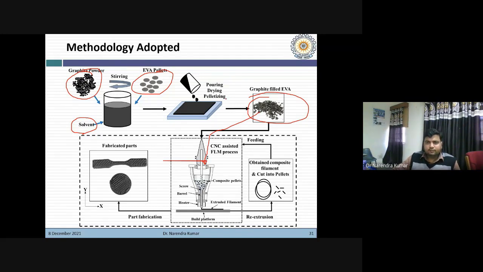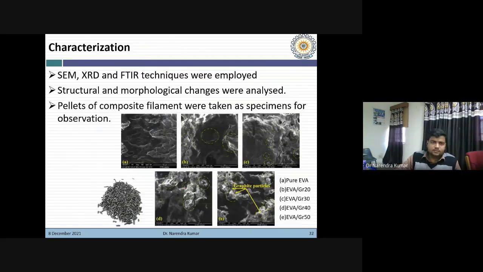Here two types of compounding were used: one was solution-based compounding, and the second was melt compounding. Melt compounding we achieved here, and solution-based compounding we achieved here. So we printed these specimens.